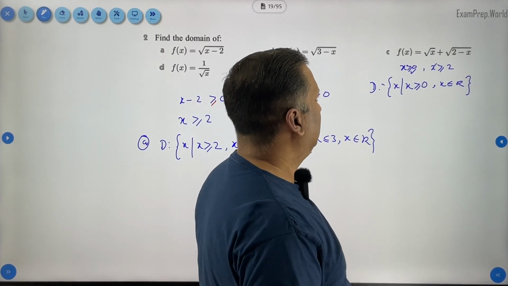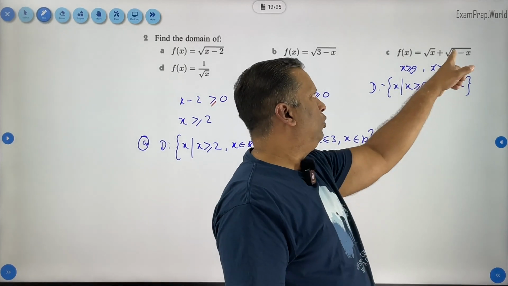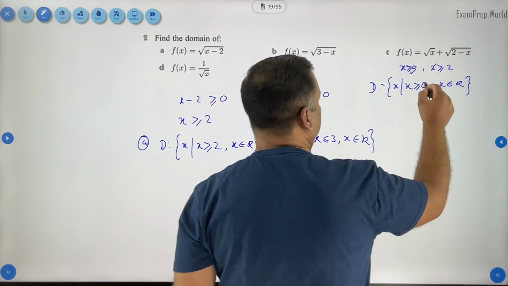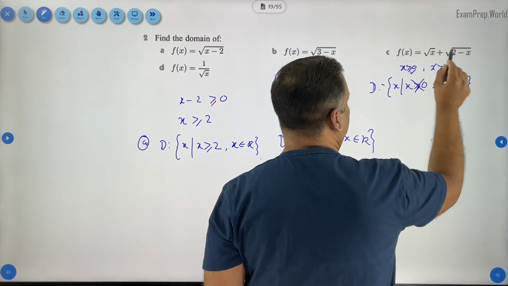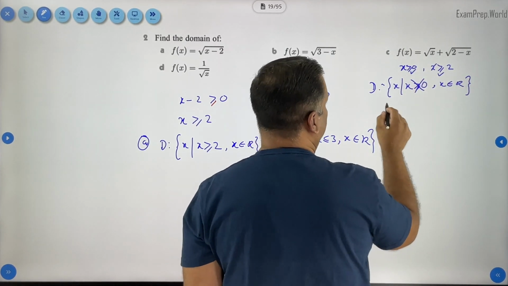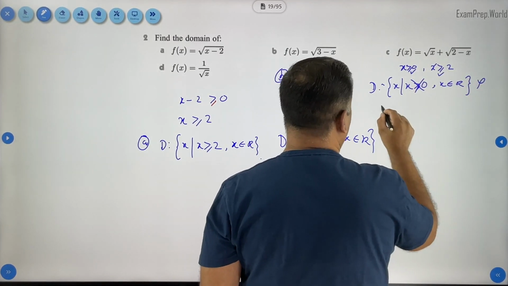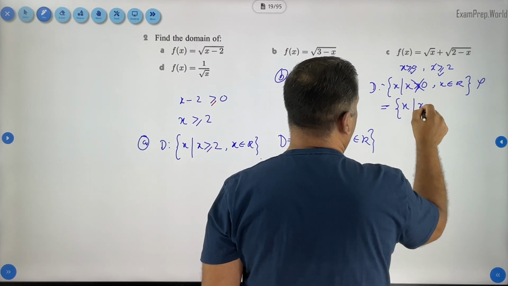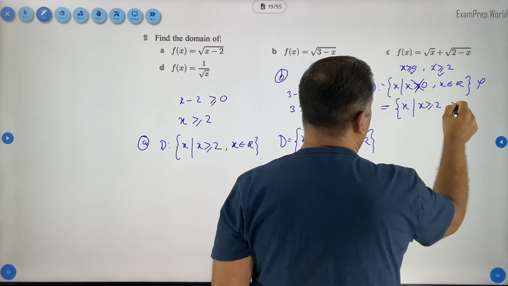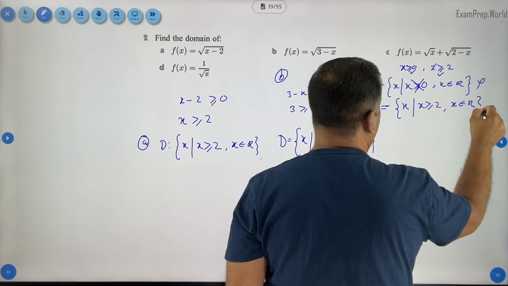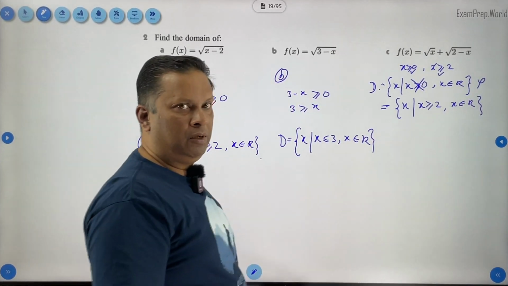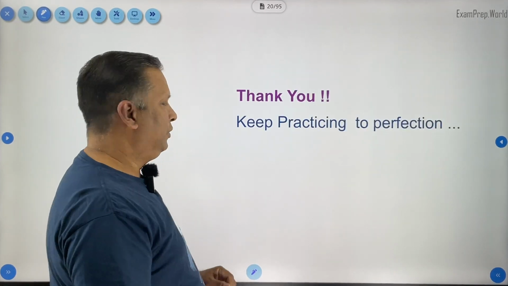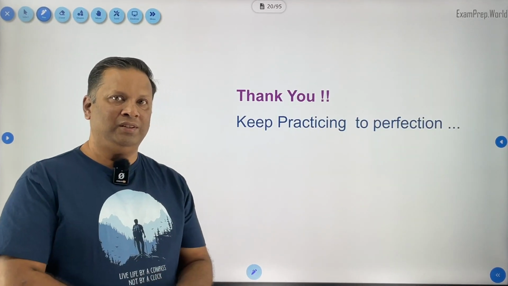right? But look at this, if I put 1 here, it becomes an imaginary number. So we should not take this one, we should take this value, because both conditions should be satisfied. So this one becomes wrong. Our correct answer should be x such that x is more than or equal to 2 and x belongs to real numbers. This is the condition. So that's the domain for that particular thing. Okay, understood? So with this, we come to the end of this particular